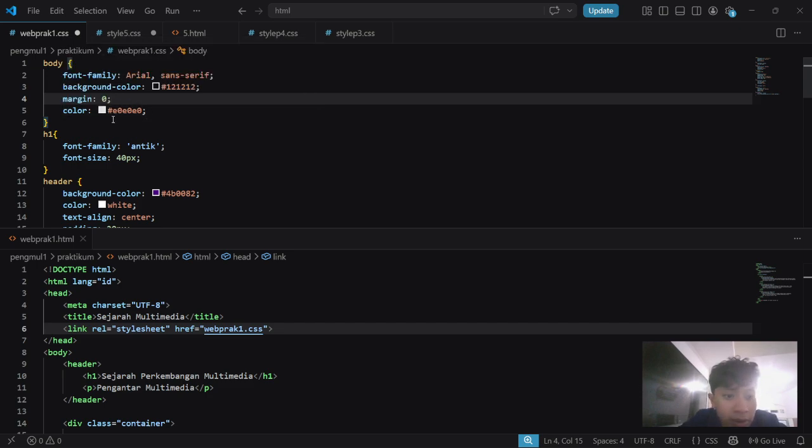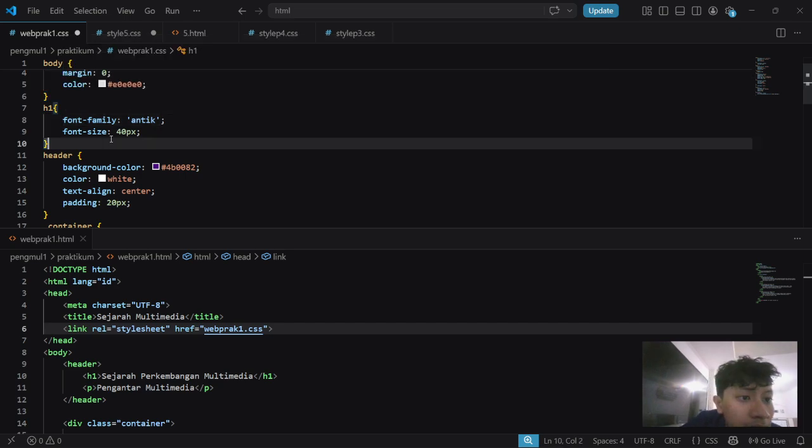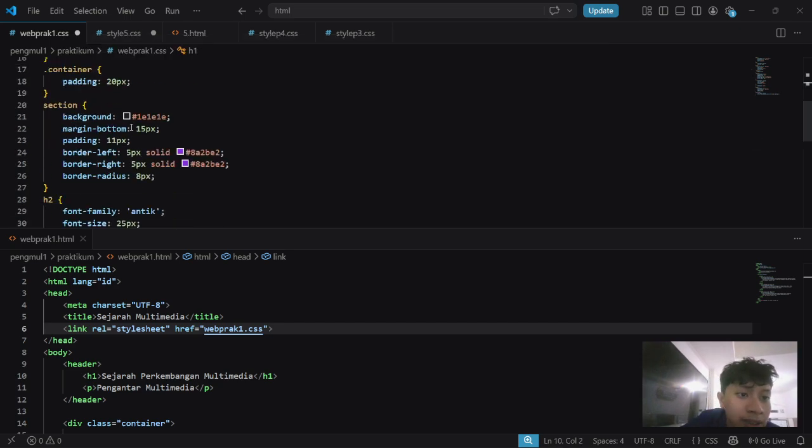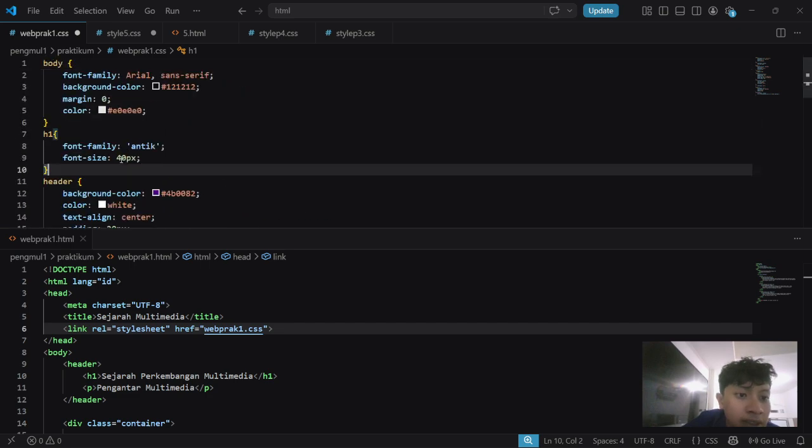And then moving on to the first header, or header 1. Here I use the font family that I import later here, and the font size is 40 pixels. I also want to add margin 0, which means I want to remove the default margin so that it could be full.